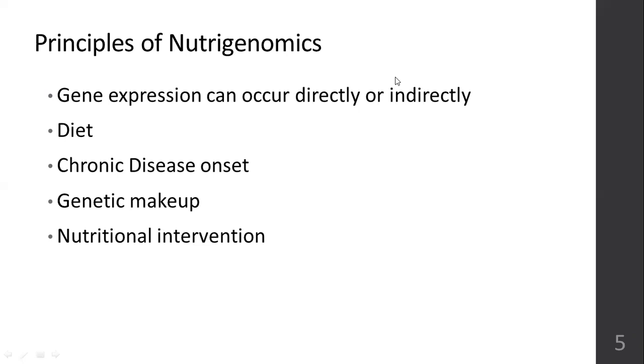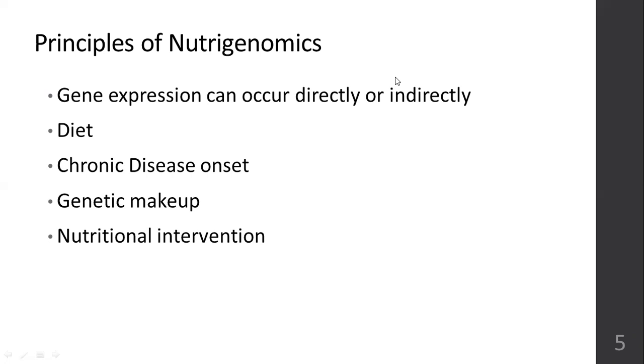Why is it called principles of nutrigenomics? Time and again, these statements have been proven to be right. They are evidence based, and a large number of studies have proven these assumptions as true. This is the reason why they became principles. These are the guiding five statements in nutrigenomics. So the first statement, gene expression